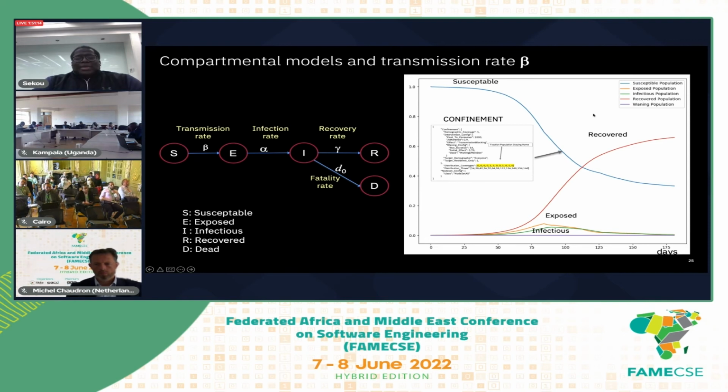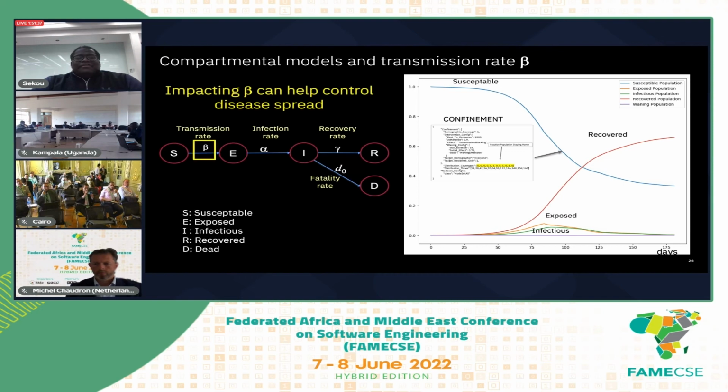All right. So we have this concept of flattening the curve. We've heard it over and over again. In essence, what that is referring to is making a change to the transmission rate in a manner that the number of people who go from susceptible to exposed and ultimately to infectious is controlled. All right. So these interventions have the ability to directly target that transmission rate beta.